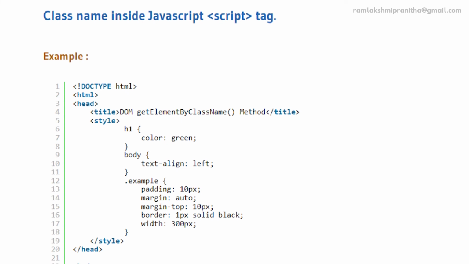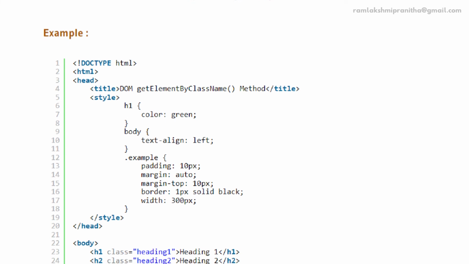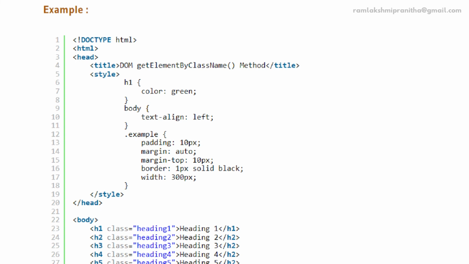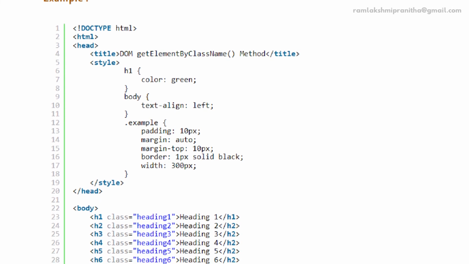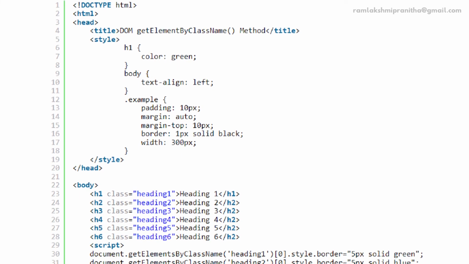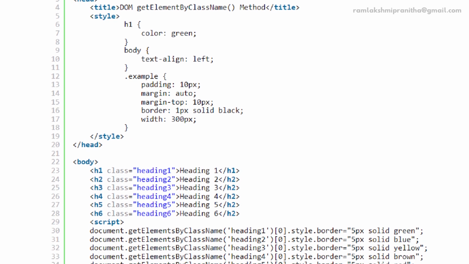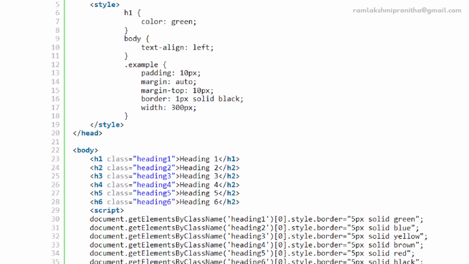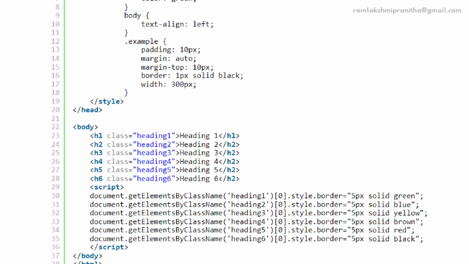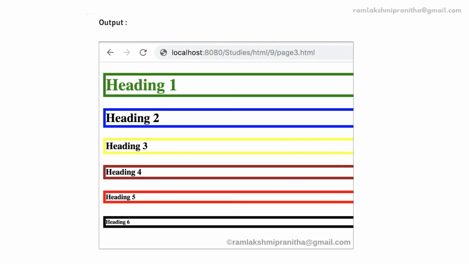Class name inside JavaScript script tag. Example: in this example we have declared multiple heading tags, and inside the heading tag a class declaration is defined. The class attribute contains class names. Here we are applying the style content for the headings by using JavaScript. Inside the script tag we are getting the heading element by using document.getElementsByClassName. Then we apply the colors for the heading tags by using the style property. The output shows the heading content with borders and different colors. Output: